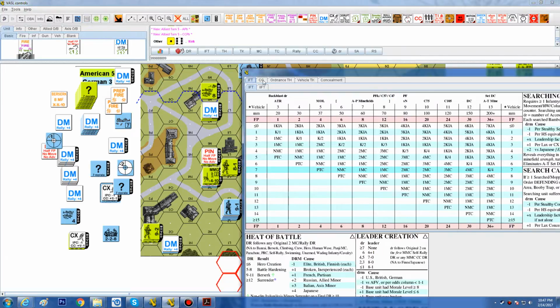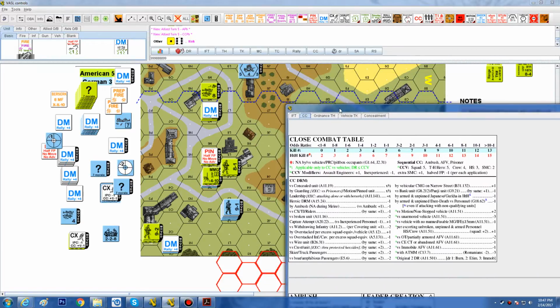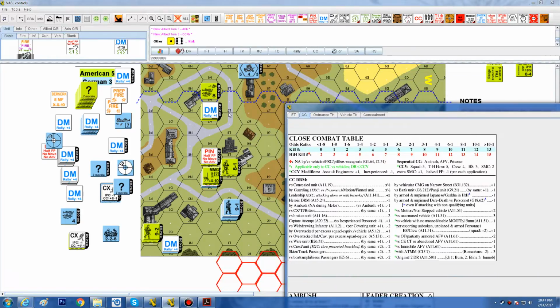All right, so let's bring up our little close combat table here. So what do we have firepower-wise here? Where are we? We're right here. All right, so we have an elite unit, 7 firepower versus 4 firepower. That's 3-2 in favor of the Americans. Versus concealed units, no. Versus guardian leadership, no. Heroic die roll modifier, no. Ambush, you get a -1 to the die roll for ambushing them. Versus broken unit, no. Capture, no. Withdrawing, overstacking, and